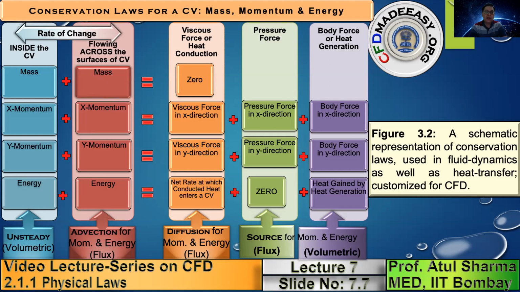Whereas for incompressible flow, you end up with a situation where density doesn't vary with time, so this unsteady term is 0. You are left with a term which consists of the spatial variation of the mass flow rate across the surface of the control volume. And then you don't have a term like the rate of change of pressure to recover the pressure. So this has been one of the biggest challenges in the development of CFD. You can appreciate this more in the later part of this course.